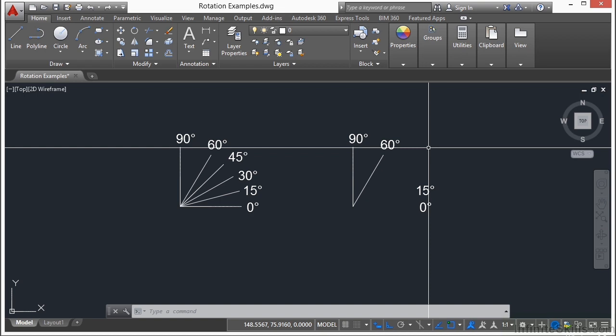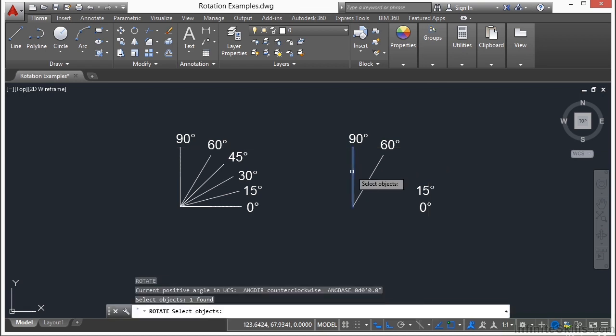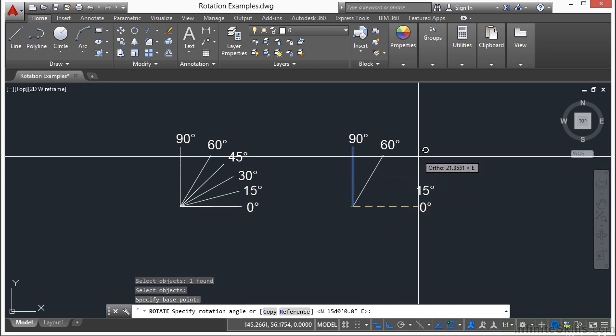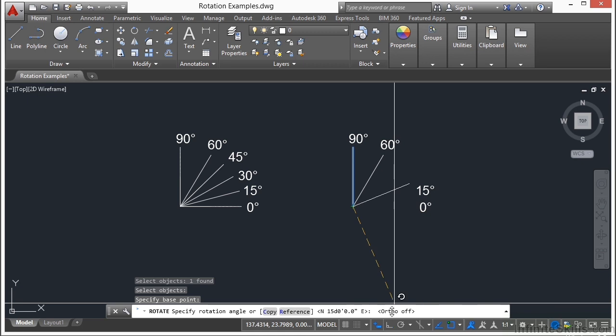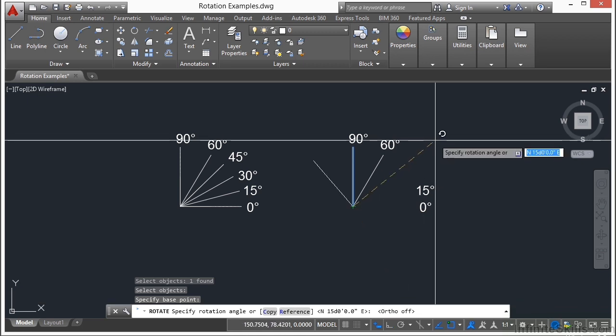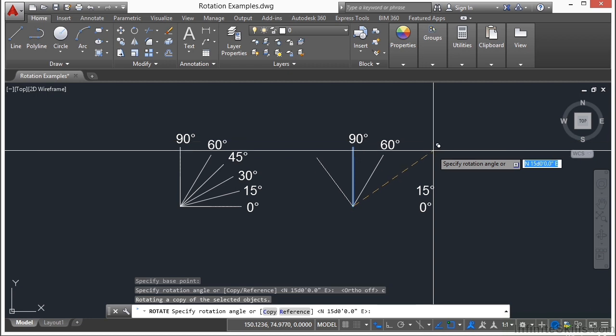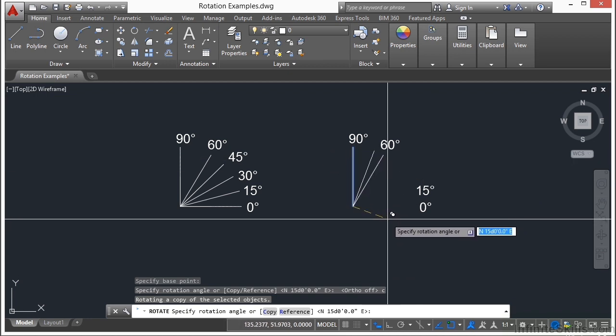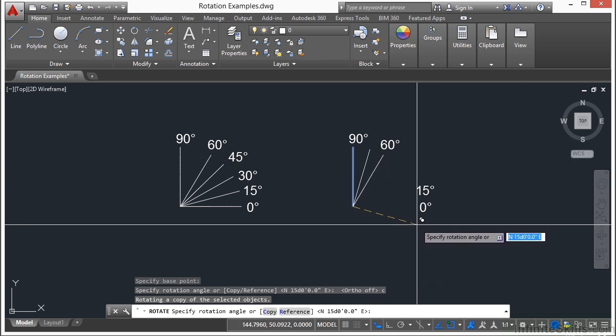Now I want to show you the copy option in the rotate command. So you start the rotate command, select your line, press return, pick your base point. I'm going to turn off my ortho, and I'm going to select the copy option. I'm going to type in the letter C, press return. Now, if you want to use the copy option, you have to do that first, before you use the reference option. Once you start the reference option,